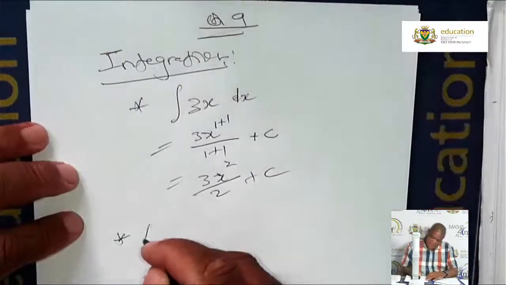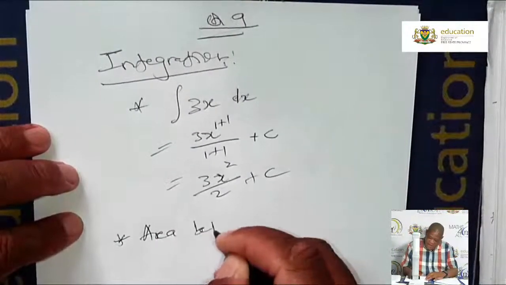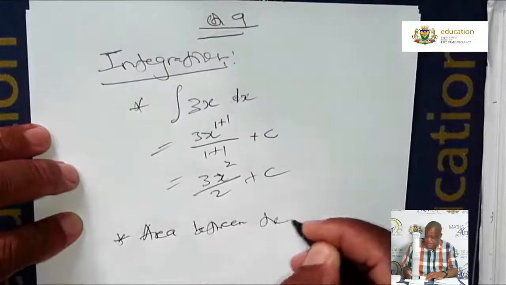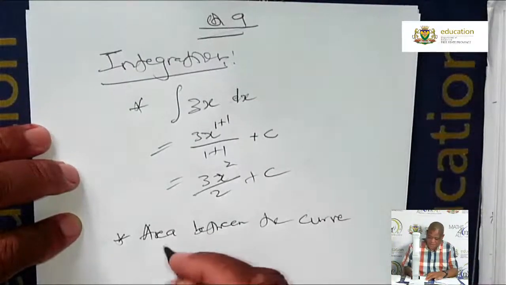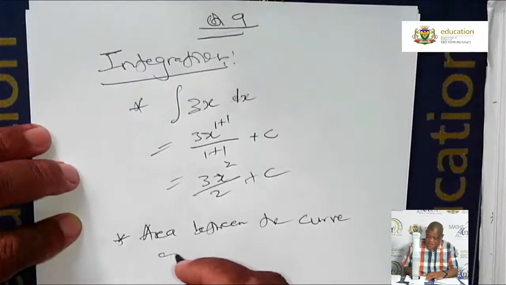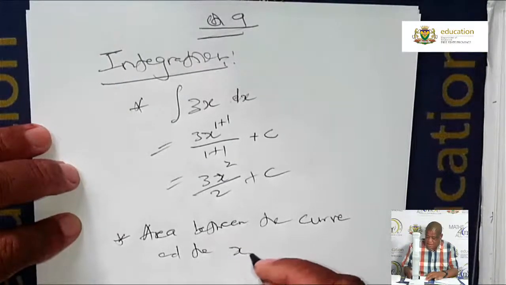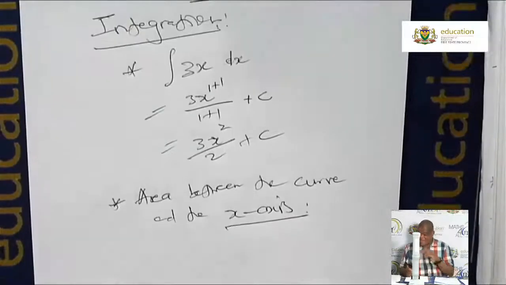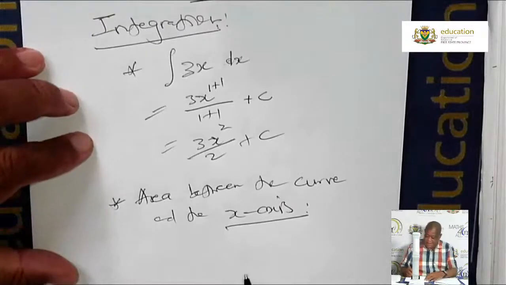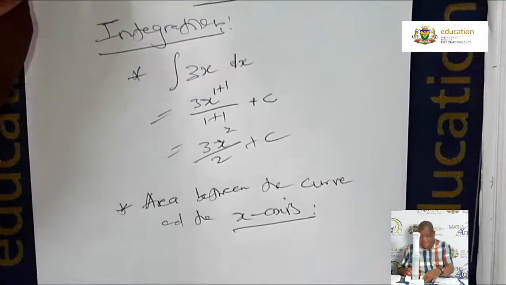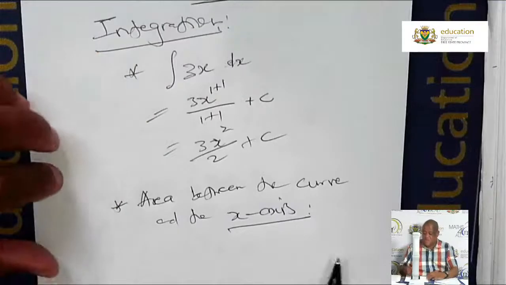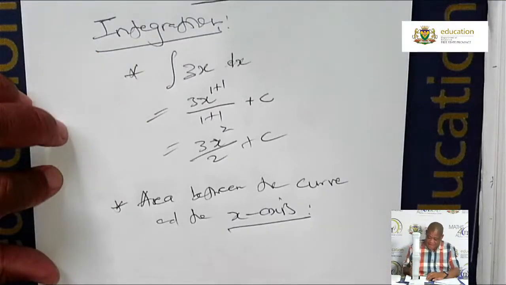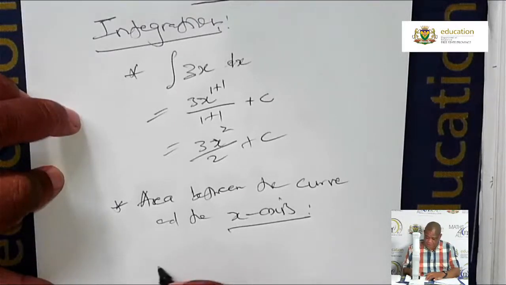We are looking for the area between the curve and the x-axis. And how do we find that area? We find the area using the definite integral, which of course, if it's given like, let's say you are given,